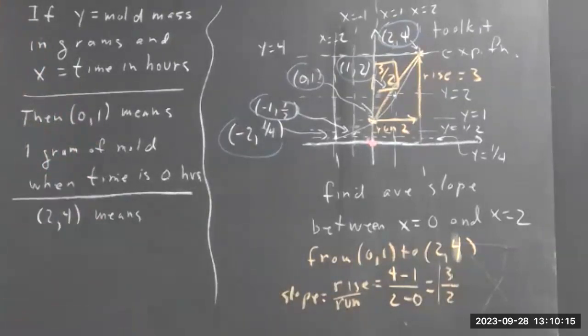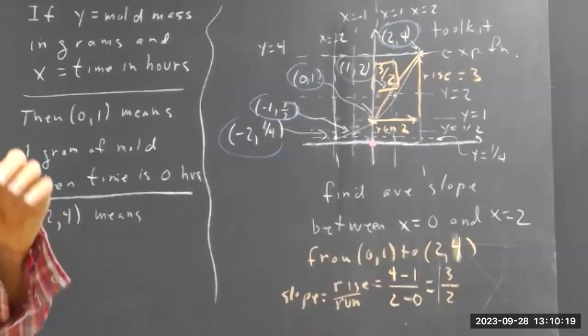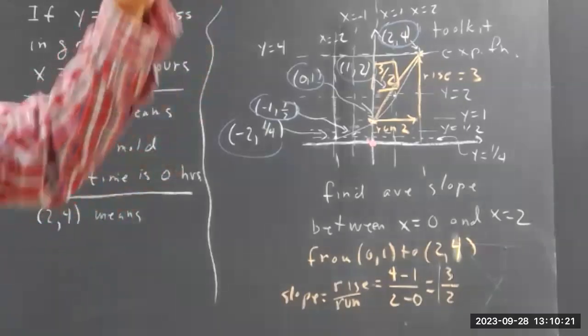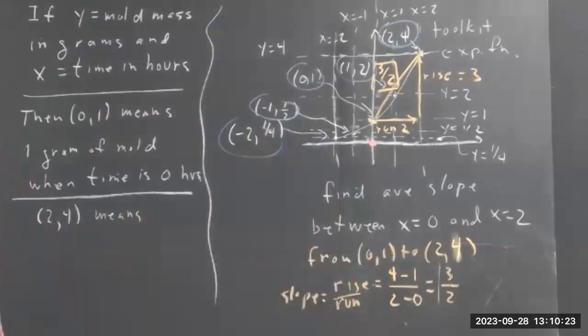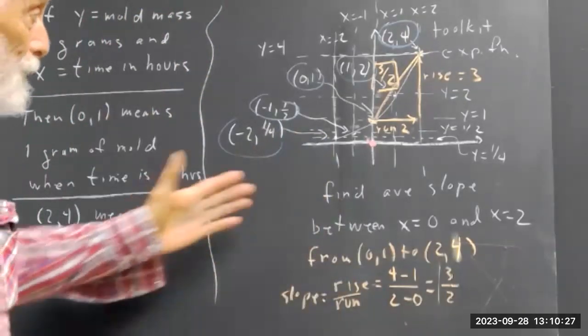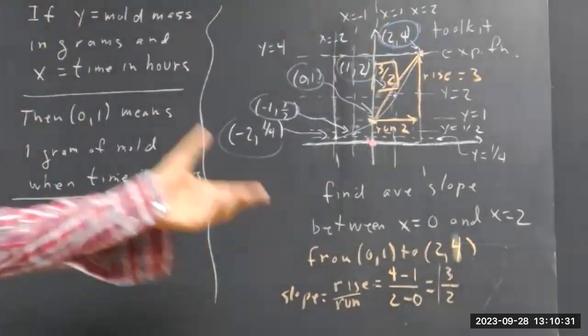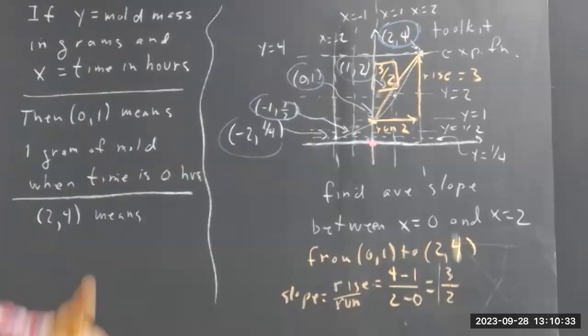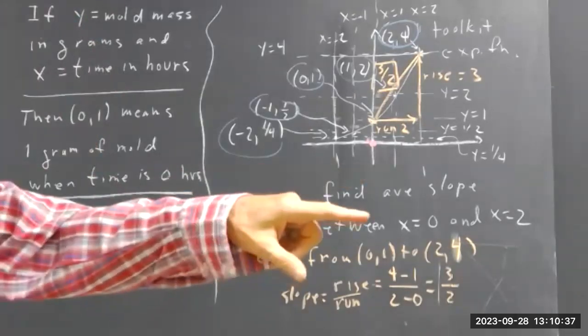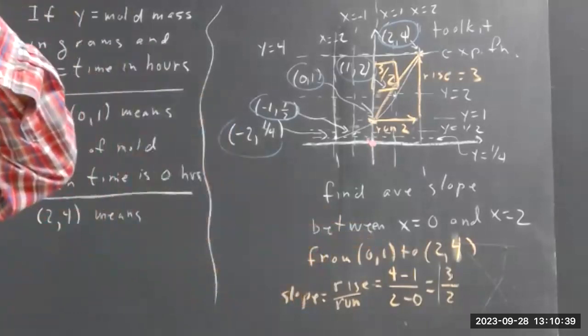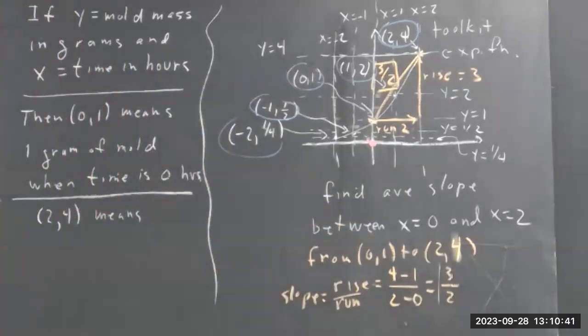Some of you saw me doing something about an investment that goes from $3 million up to $7 million in 11 years, or whatever. Same thing, exponential model. You just interpret the points in the graph. Y is your money, and T is your years. Okay, I didn't think I said hours. I thought I said years. Maybe I said hours. Anyhow, (2, 4) means